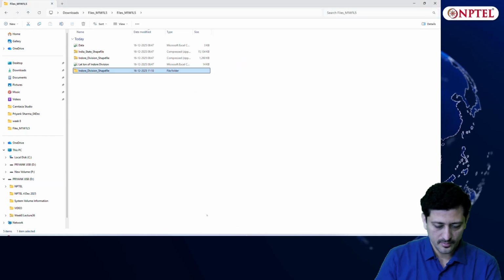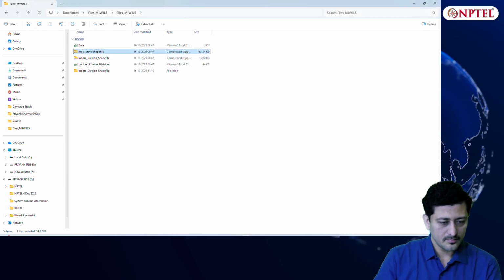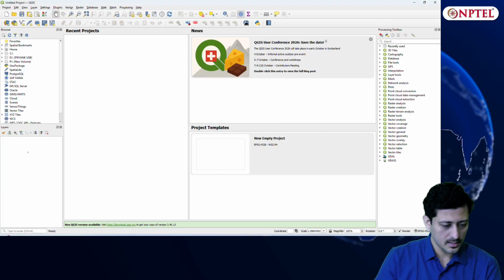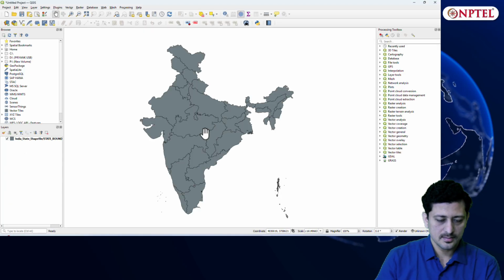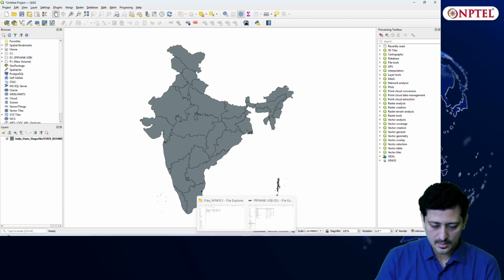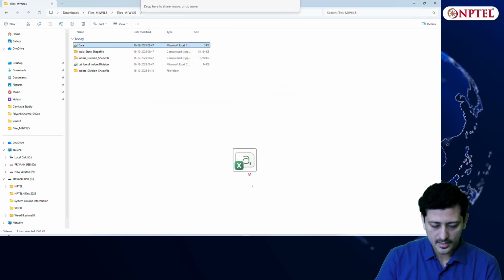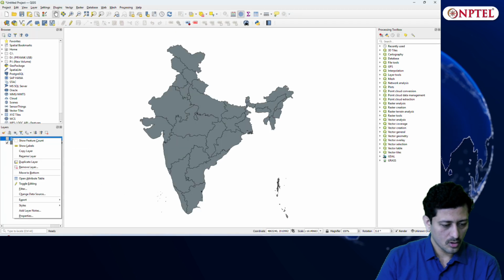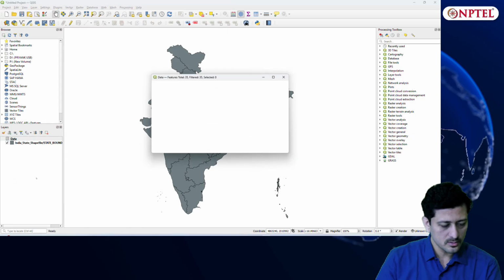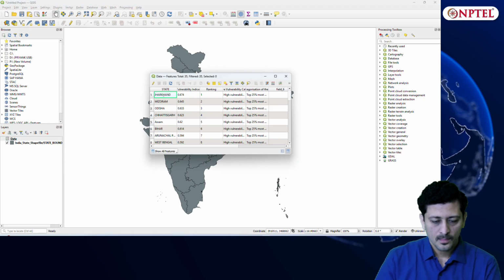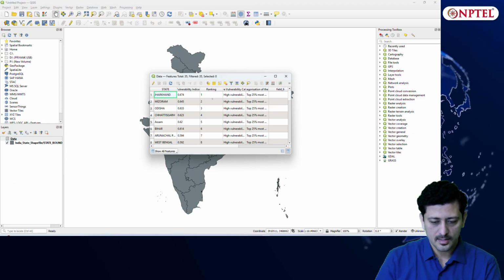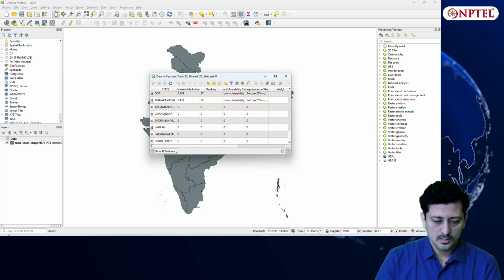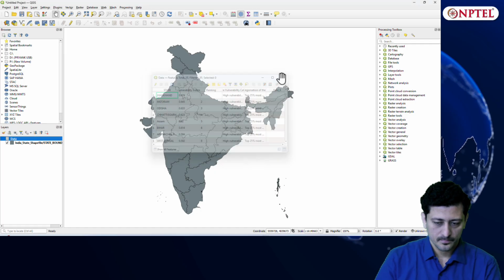So let us say I have a file here, this is a shapefile of India, I'll simply drag and drop it in my QGIS in the layers. So I can see this shapefile of India is created. Next I'll put the data file. So this data file, again it is created. If you want to visualize, you can open the attribute table. You can see here Jharkhand state, vulnerability index, ranking, high vulnerability, then categorization is all provided here. So this is how your attribute table looks like.